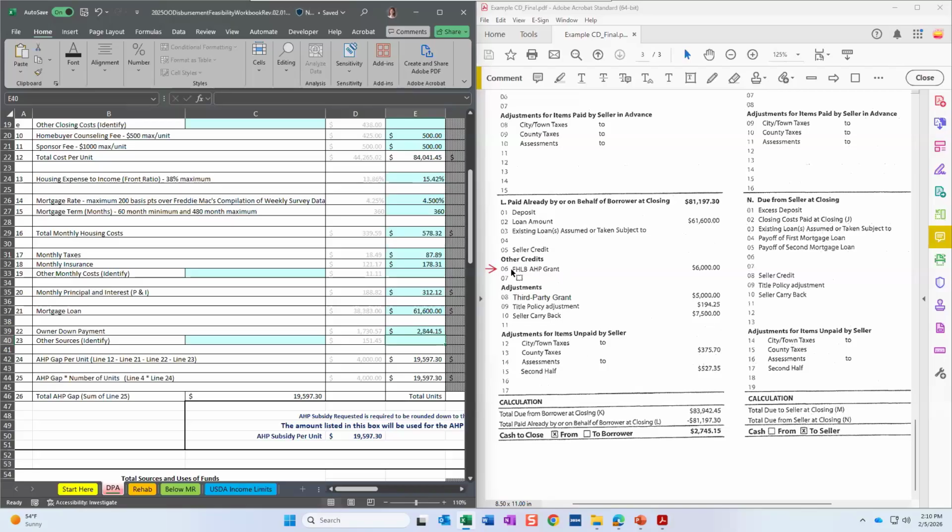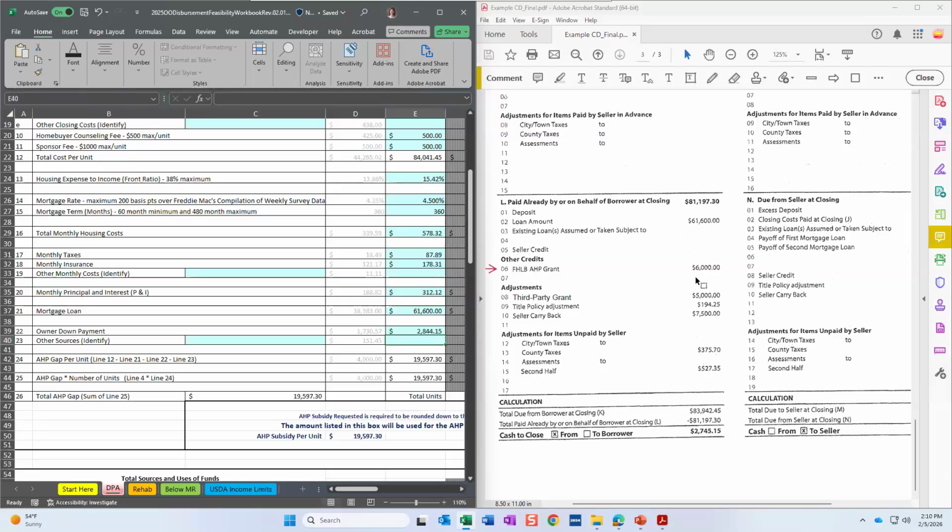When you are labeling the AHP grant, please make sure it's specifically labeled as FHLB AHP grant or AHP grant or something like that so we can directly attribute it to our AHP funds. If you just put the word grant, we don't know if that's us or somebody else. So please make sure it's explicit and saying that it's the AHP funds in some form. So what's here is acceptable, just AHP grant would be totally fine.